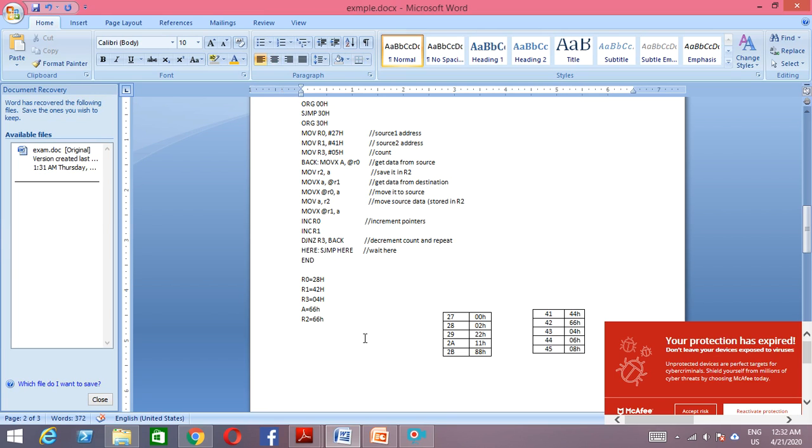So suppose you want two address locations, 8200 as one source and 8300 as another source. What you can do is take this 82 in DPH and this 00 in R0 and this 00 in another register, right?